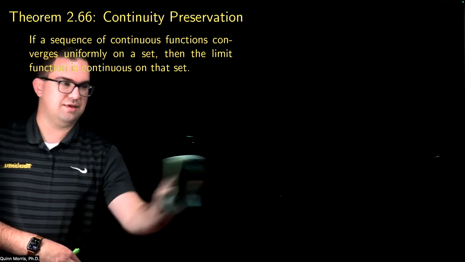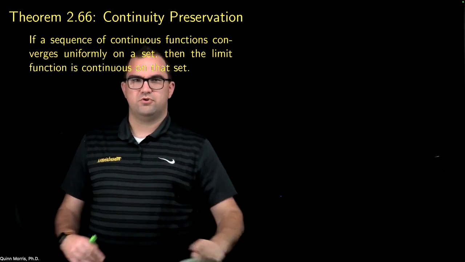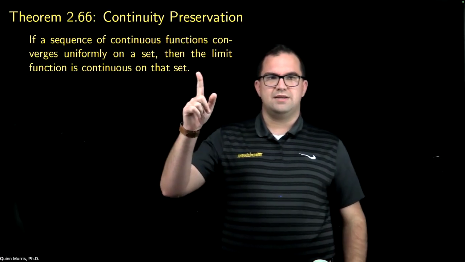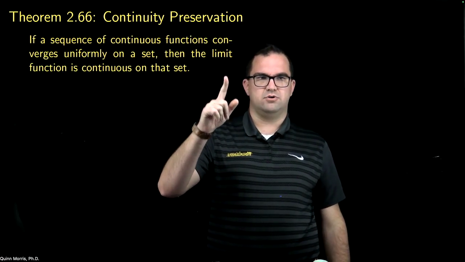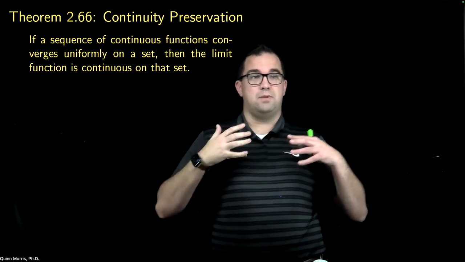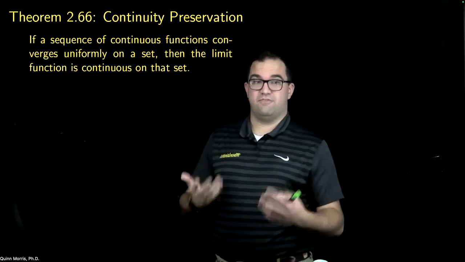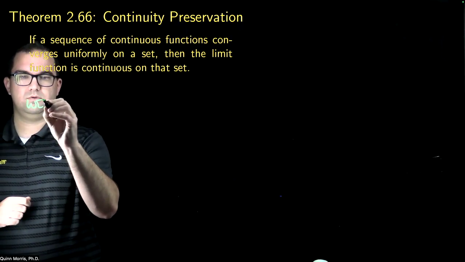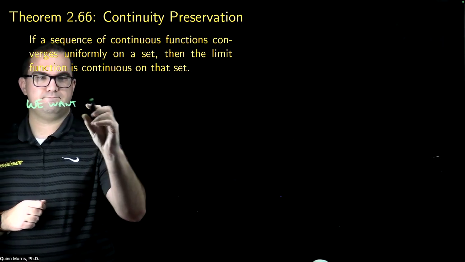prove something like this. So the first question is to ask yourself, okay, what is it we would actually need to show? So we're trying to show that the limit function, we'll just call it f, is continuous. At the end of the day, this is a proof about continuity of a function. Okay, so what do we want to show? We want to show